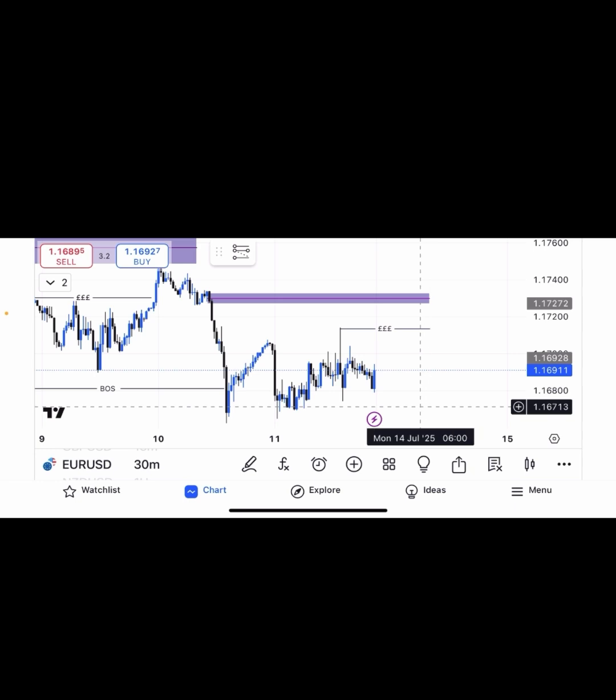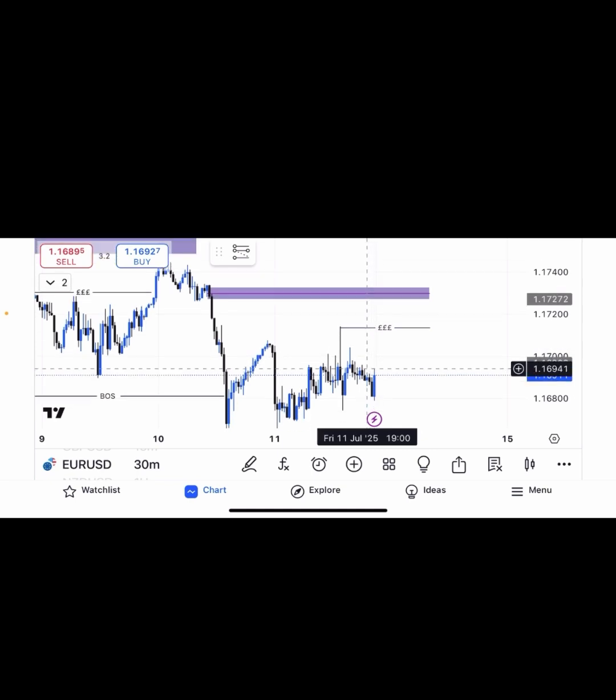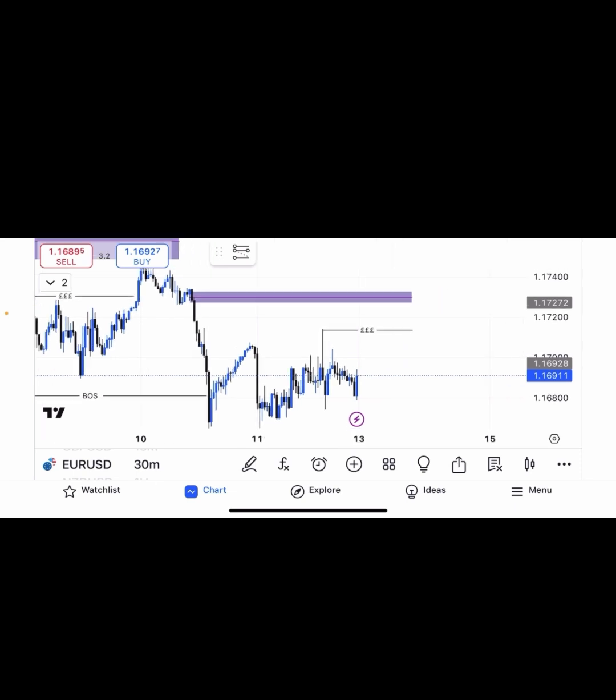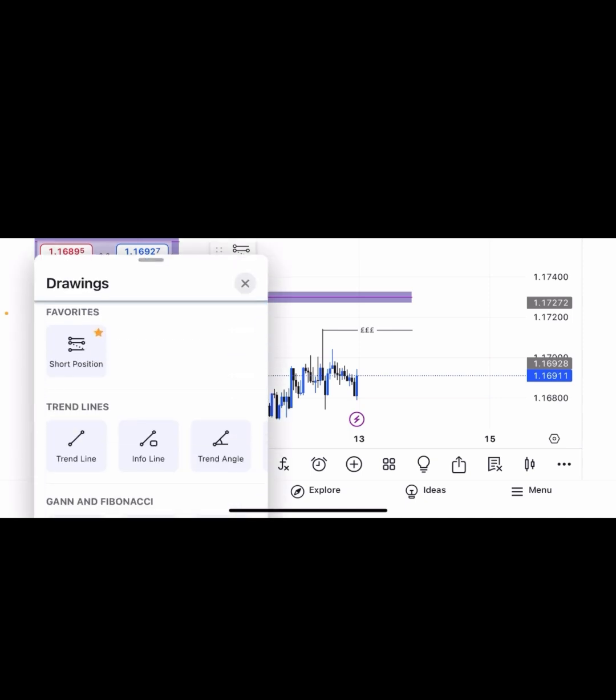So in structural SMC, we ought to be mindful of two things. We ought to be mindful of your structural liquidity, and also your zones, your order block, the zones you do mark out. So it's necessary that you put this into consideration before taking a trade. So if I'm taking this trade, I'm going to set my position